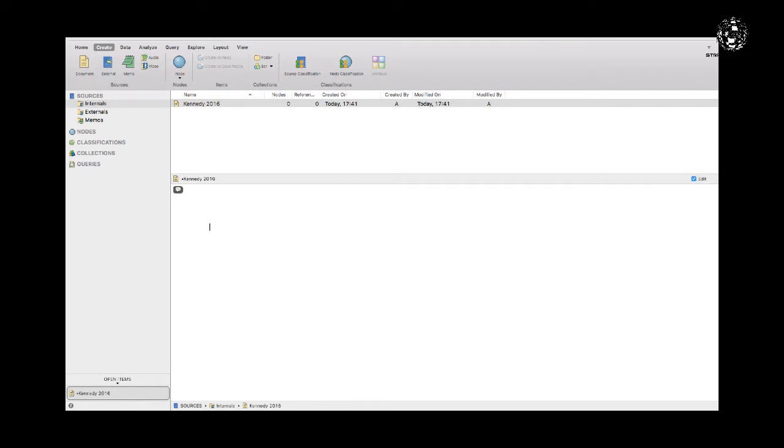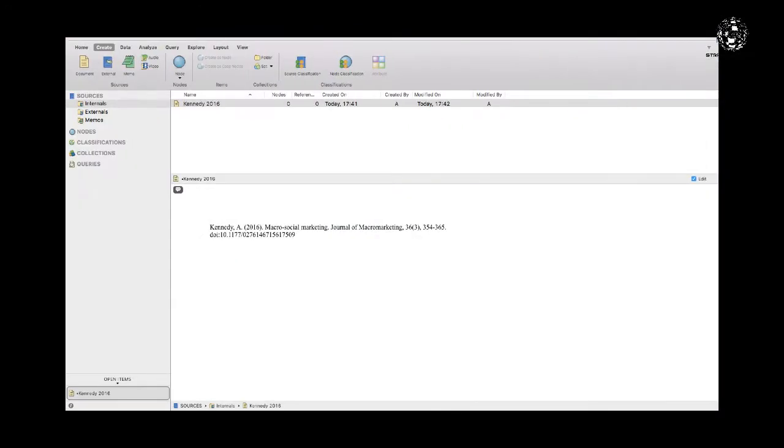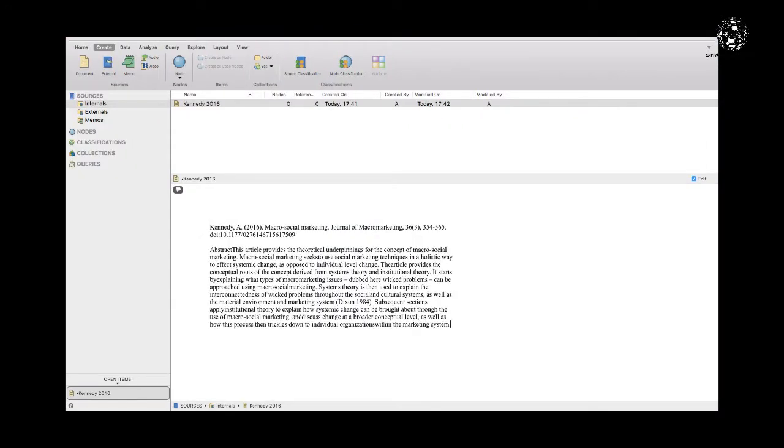And the first one that I want to put in there is the complete reference, as I've stated earlier. So I've copied the complete reference, which I picked up from my reference management software, and I'm going to paste it in here. And I usually also clip the complete abstract, just to give me an idea of what this